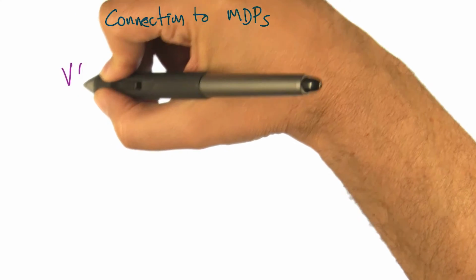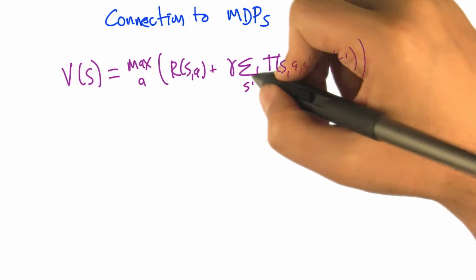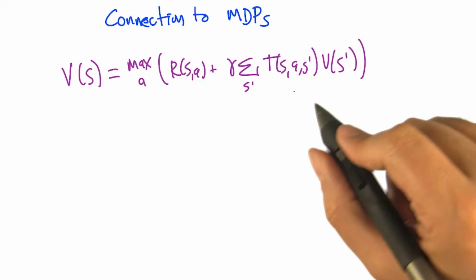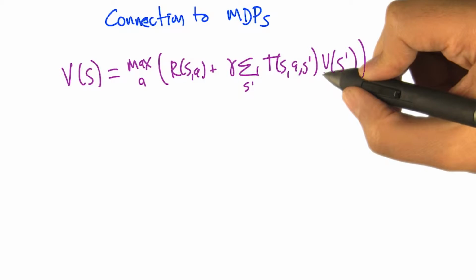Let's think about what these things imply. So the value of a state under the Bellman equation is this, and nothing scary here, right? This is all stuff that you know. So now the next thing we're going to do is say the value of the